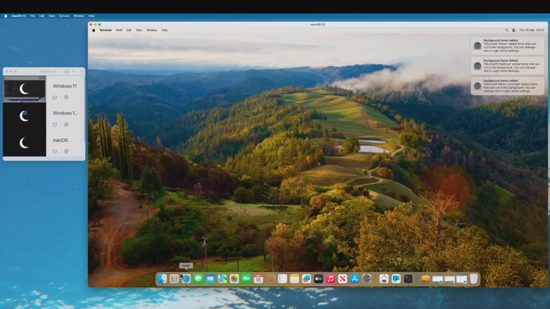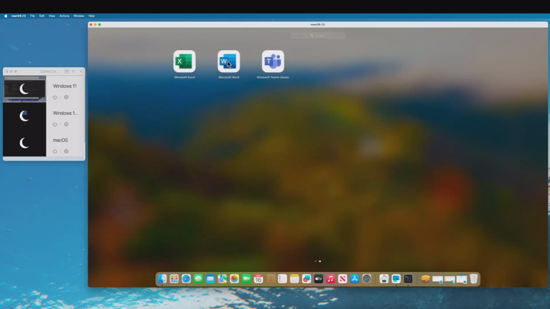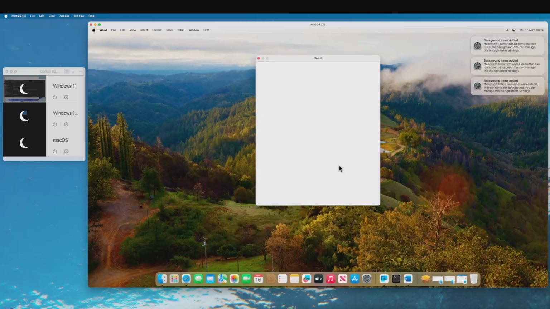And we can now test this with the application. So if I go into applications, I can see that I've got some Office apps downloaded. Let's go into Word. Now, the first time one of these applications starts up, I am going to need to put my account in. After that, it should then remember and cache that and basically use that for accessing the other applications. So let's give this a go. So I'll hit the next,